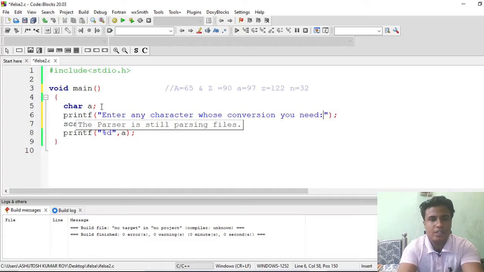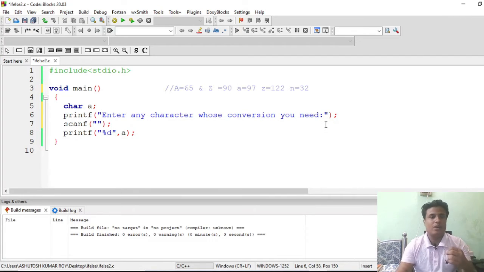So we will just ask the user to enter the alphabet whose conversion we need. Means suppose he wants to convert capital A to small a, or capital Z to small z, or small a to capital A, like that. Okay, hope you are getting it. So now you will store the value using scanf.